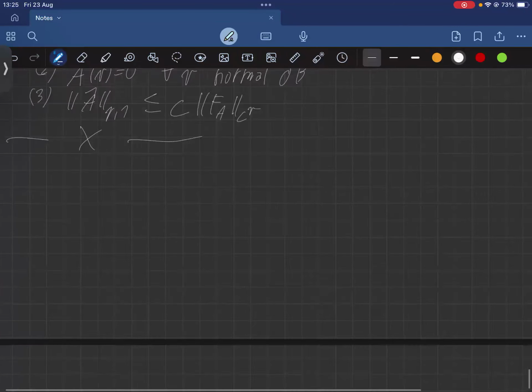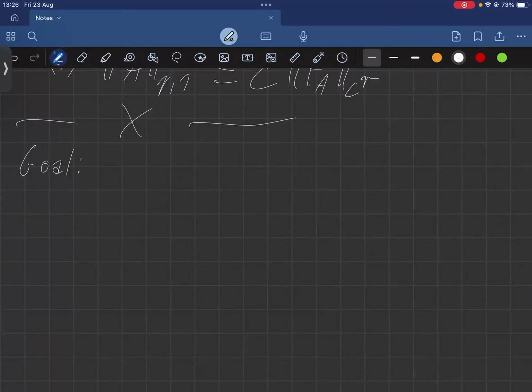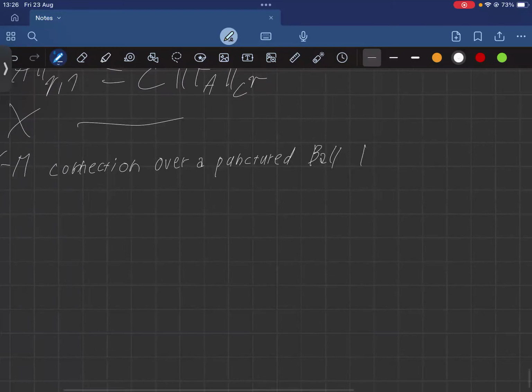Okay, so what I want to start doing today is the removable singularities for Yang-Mills equations. I'm going to very vaguely state it as the goal. So the goal is: if we have a Yang-Mills connection over a punctured ball in dimension 4,